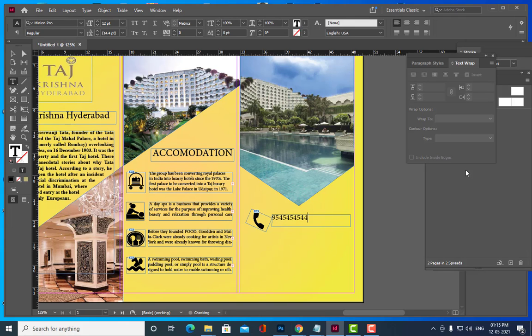How many numbers are there? 1 2 3 4 5 6 7 8 9 10 are there. Okay, and we can also put an extra number, 733 something like this. So again 1 2 3 4 5 6 7 8 9 10.